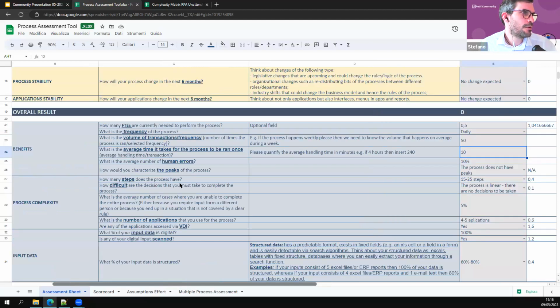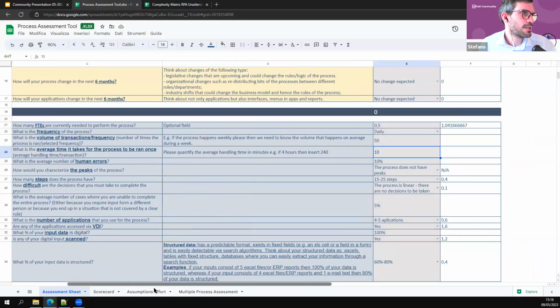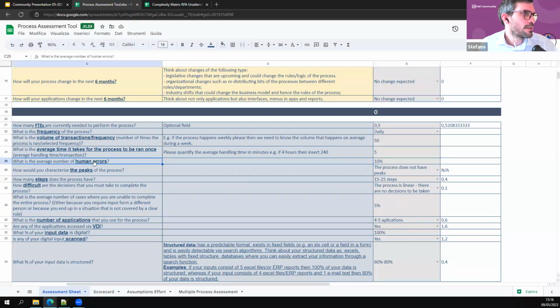Also, as before, the average time it takes for the whole process to run, considering that the extraction of PDF and insertion in SAP is quite fast, but there can be a few PDFs. We can put, for example, 5 minutes for the whole process to run daily. The average number of human errors, considering that it is quite a simple process,